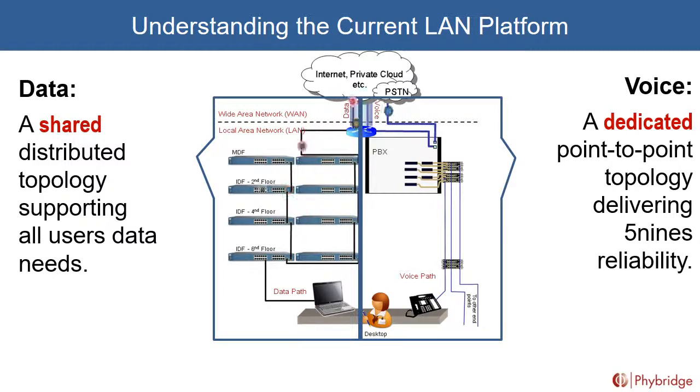Now, as you can see in the diagram, as those balls bounce throughout the networks, there are much different capabilities there. The data path will travel amongst multiple switches that are connected in this mesh type of environment, eventually arriving at the computer. Packets are dropped, as I said, on the voice. Very seamless. So voice needs very little bandwidth, but it needs dedicated bandwidth, and this point-to-point network was designed for that. So our objective, as you can see, is to bring together and deliver a robust, converged all-IP platform.